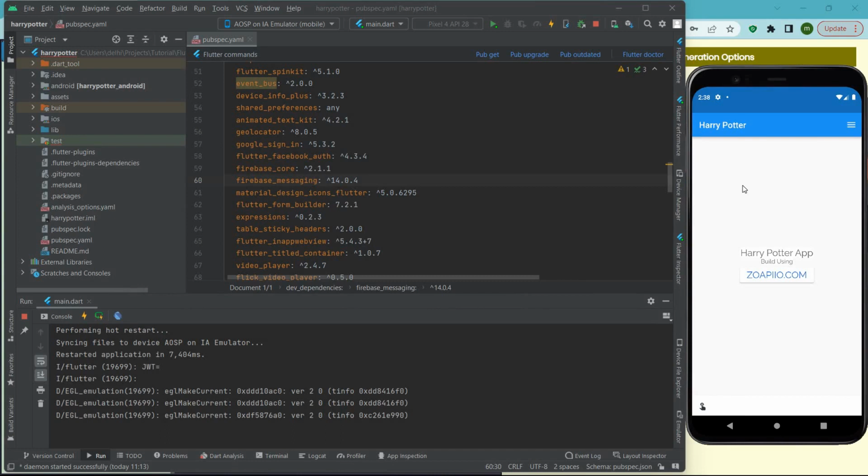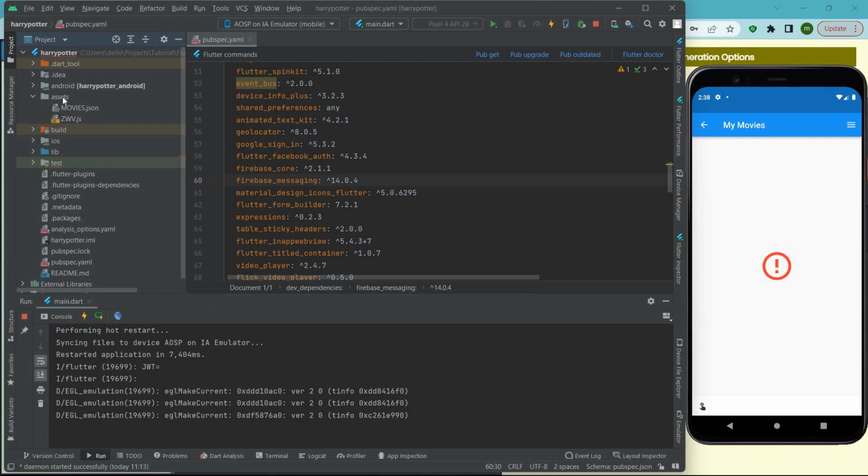Okay. Let's see now. Look at the menu. We see a second item. Because we didn't give an icon, it used the generic icon. If you click on this, we get nothing. Yes, I was expecting this because